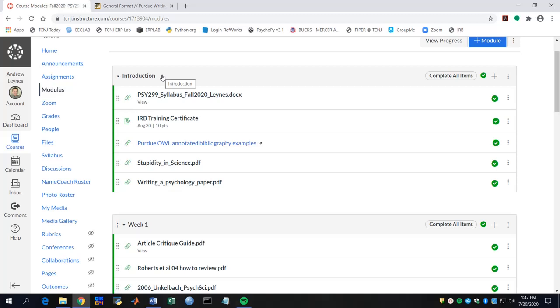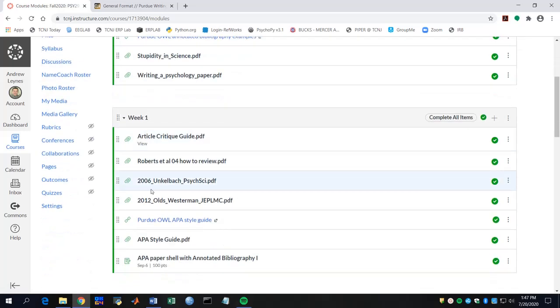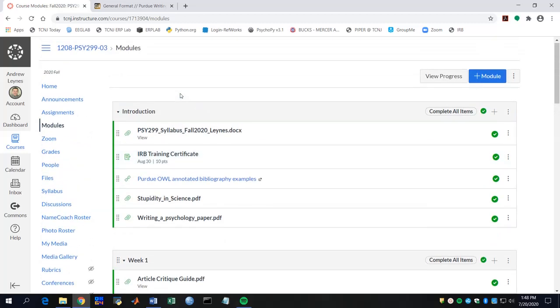So this is where you want to go. Go to the modules. I'm going to have everything sort of linked here and figure out what you need to do. All of the due dates are here in Canvas. As you can see, they're highlighted here, and you can see the dates here, which would be those Sundays. And once you get used to this sort of module organization, it's really pretty terrific. All you got to do is come through here and make sure you've done everything for that particular